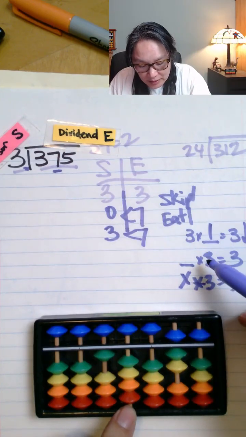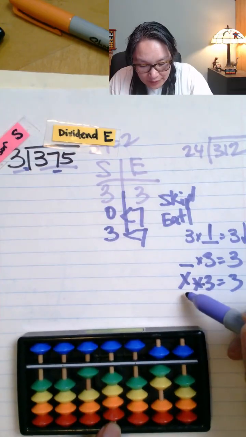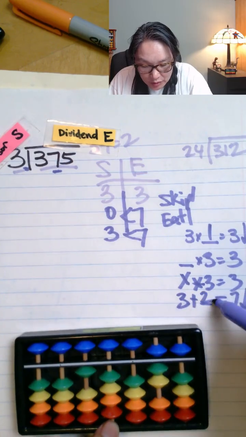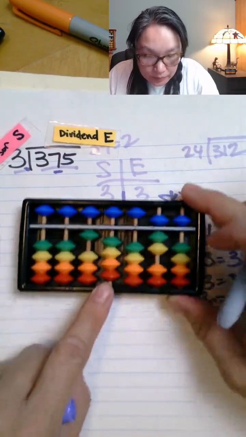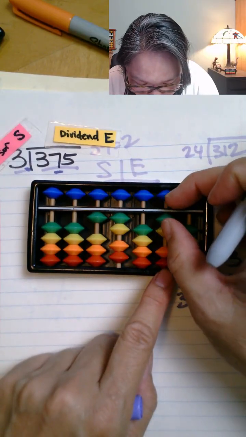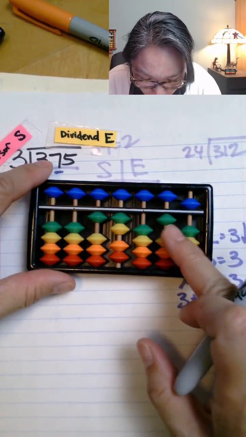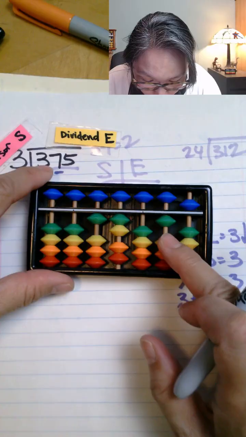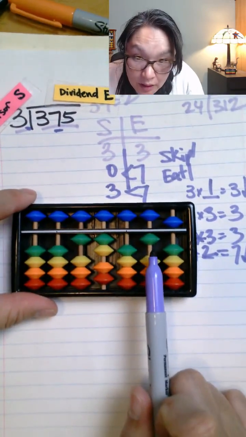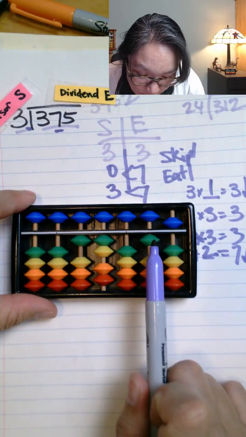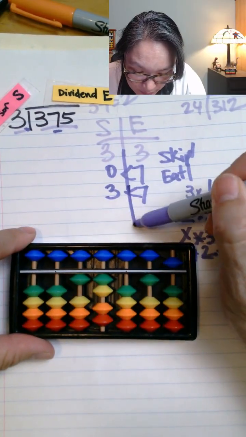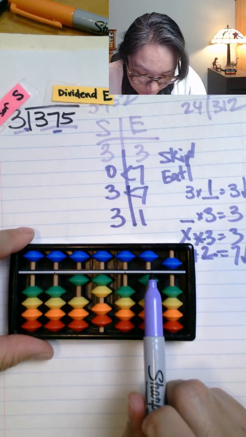So again, what times 3 is equal to 7 or less? 3 times 2. So I add 2. Thank you, Melinda. I add 2 to my answer. I go back and I take away 6. I'm left with 2 more. I'm left with 15. I only need to compare this digit. I don't need to compare 15. I only compare the one digit. So the question is, who is bigger, 3 or 1? 3 is bigger, so